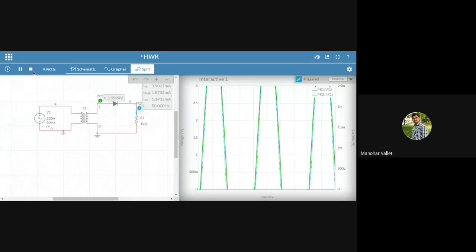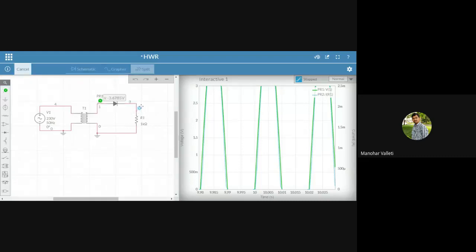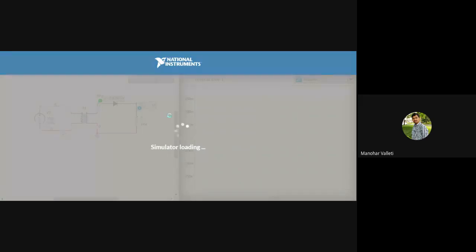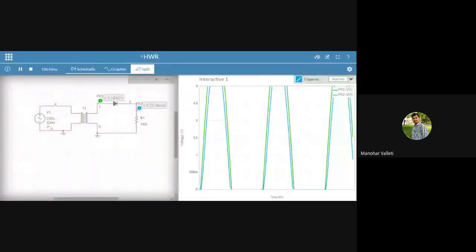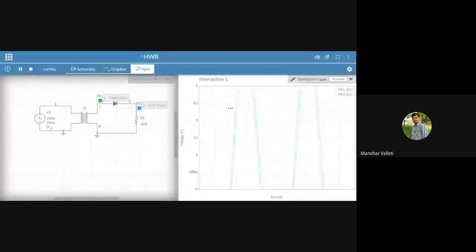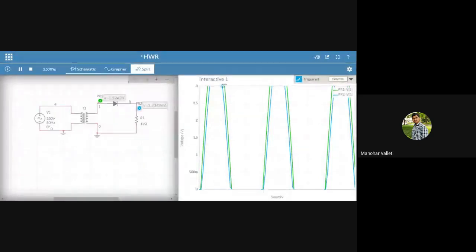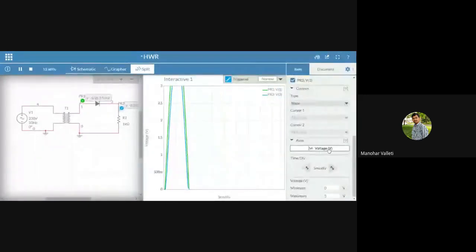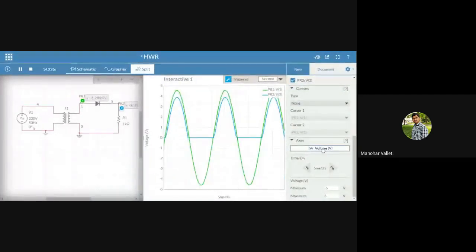Okay, current is selected. I don't want the current marker. I just want the voltage marker. Accordingly I selected the voltage marker, and I'm seeing. Now we just see in the graph window that it is going away from the limits of 3 and 0. Want to see the proper graph? Go to settings. Just click on the axis. Automatically the output waveform will readjust.